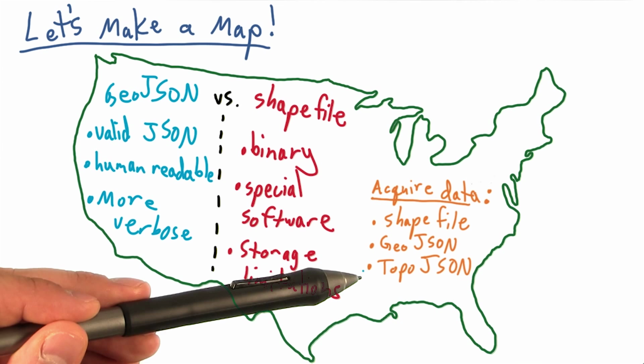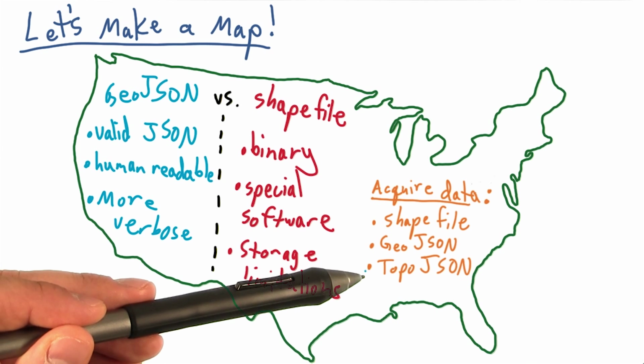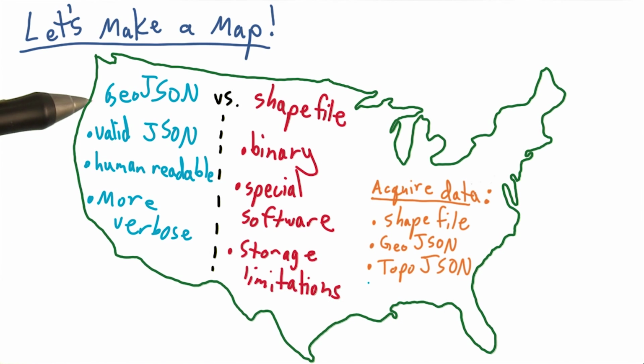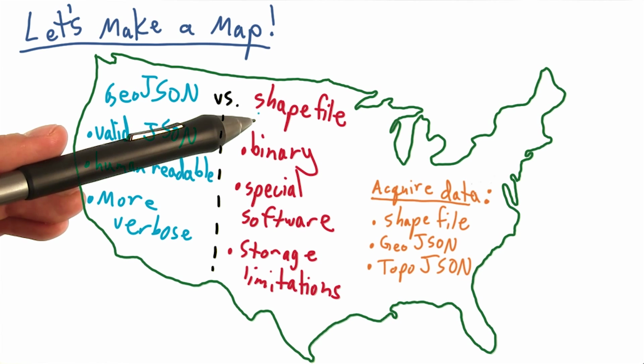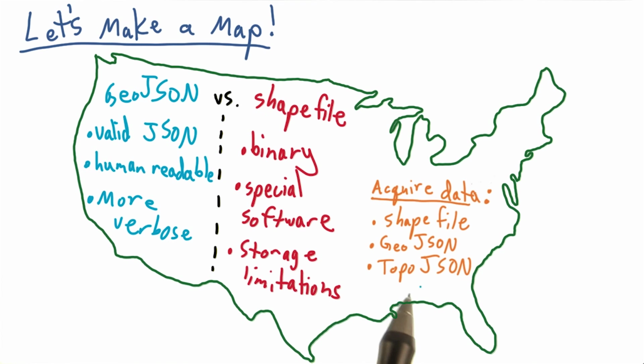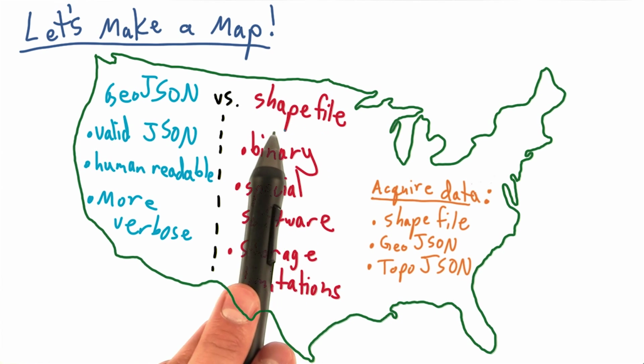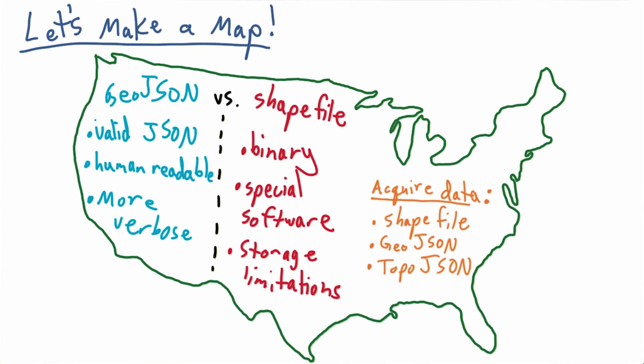The third data format that we didn't cover, TopoJSON, is an extension to GeoJSON that's actually much smaller than both GeoJSON and shapefiles in raw file size, but also encodes topology, hence the name TopoJSON, which shapefiles and GeoJSON unfortunately cannot do. For the sake of simplicity, and since we won't be using a whole lot of topological information in this lesson in class, we'll be using GeoJSON, which in many cases is good enough.